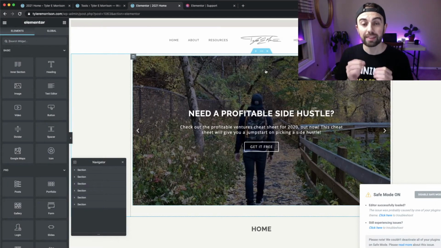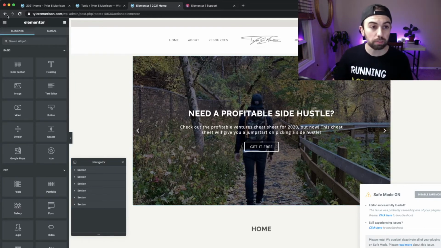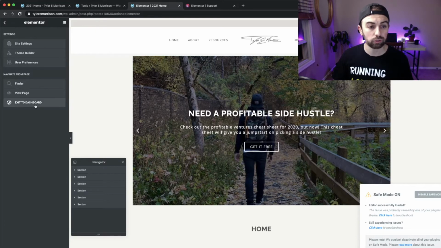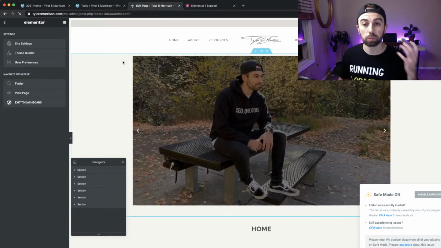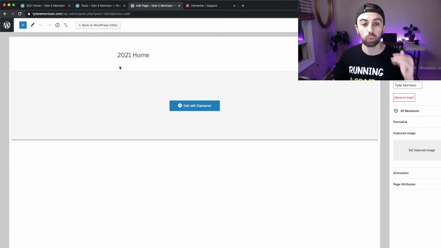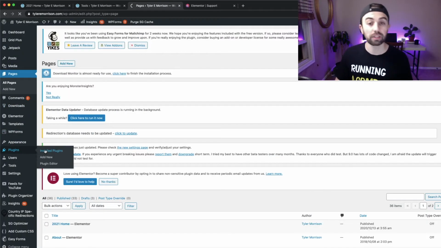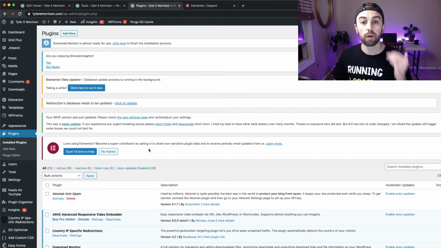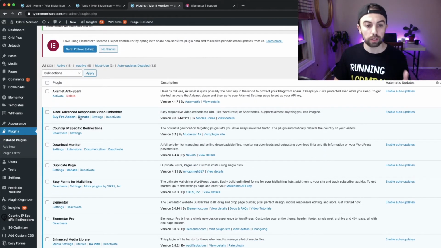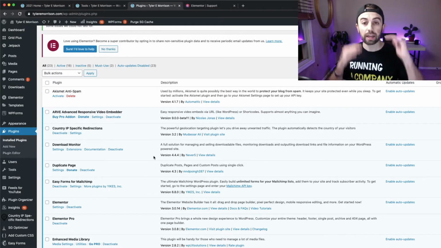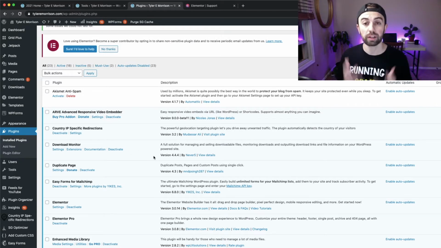not work, then I highly recommend you go through manually plugin by plugin and actually go back to your dashboard, go to your plugins and deactivate each one by itself. It will be a painful process, it'll be frustrating, but you know what? That way you will know which plugin is causing the issue. You can slowly hit deactivate here, deactivate here, deactivate here, and go one by one and see which plugin is causing the issue. Then go back to your website, refresh the page, see which one caused the issue, and you'll